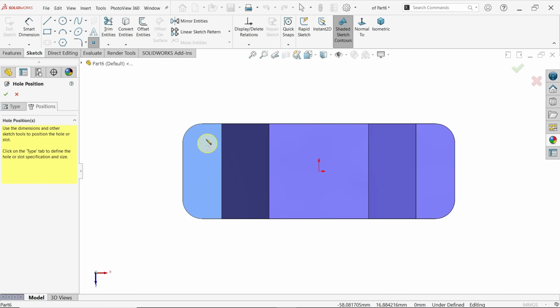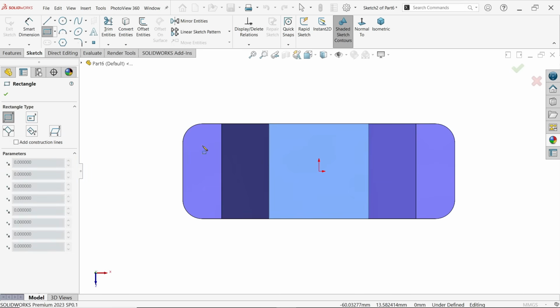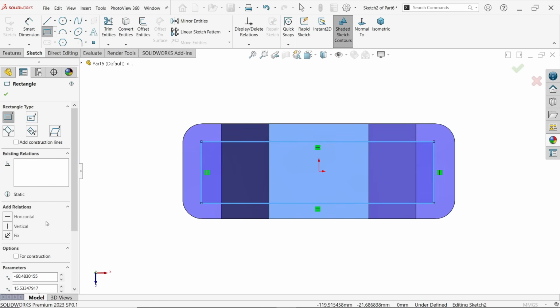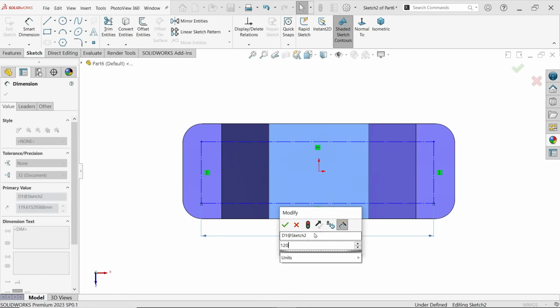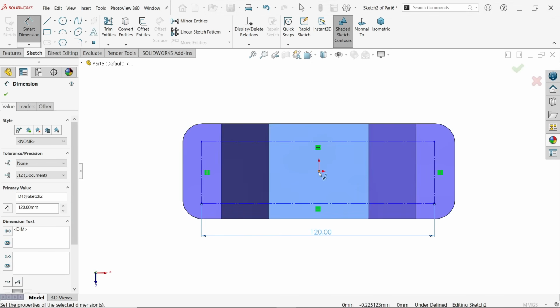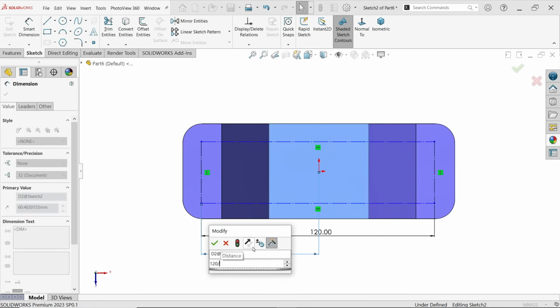Okay. Now before creating points here, it is better to create one sketch. Corner rectangle. This is a better option. For construction, smart dimension. Now this center distance 120, and from here to here make sure it should be half. 120 divided by 2,